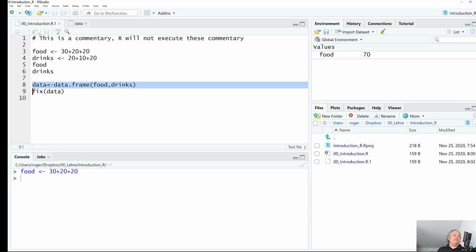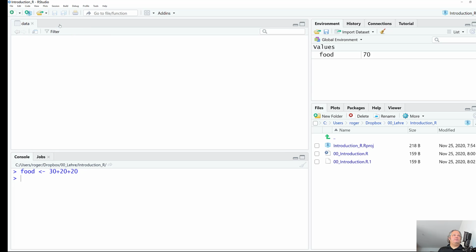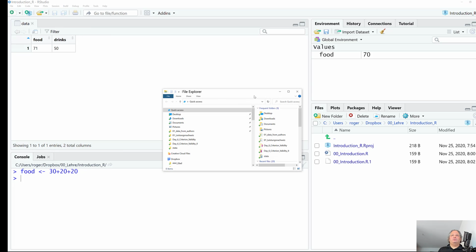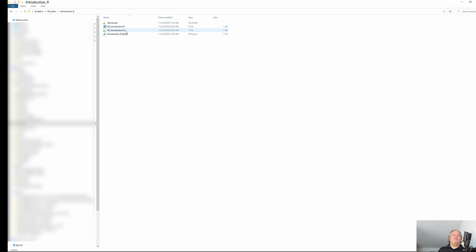That's because I made an error by saving it, because the ending isn't .R, it's .1. So I just have to correct this. So I save it again, or better, I close it. I go to the folder